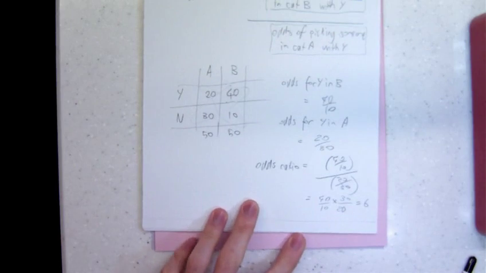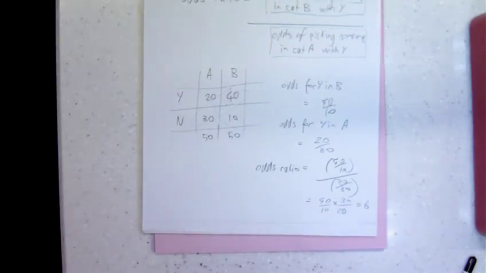So that's telling me that for people in category B, I'm 6 times more likely to pick someone with a yes in category B than I am in category A. I say it precisely that way because it's not technically saying people in category B are 6 times more likely to have yes than people in category A. Well, it's more likely they have yes now. So people in category B are 6 times more likely to have yes now than people in category A,